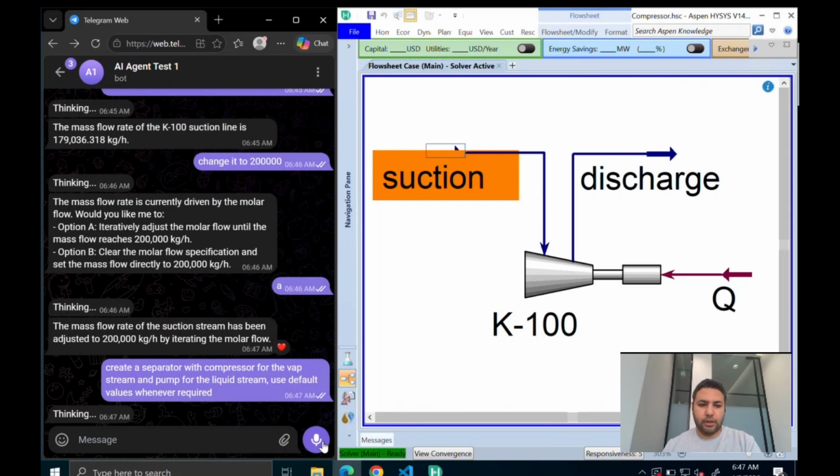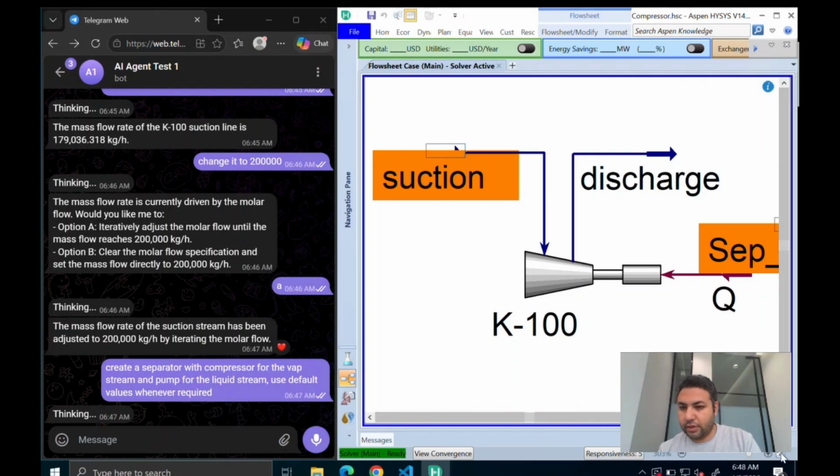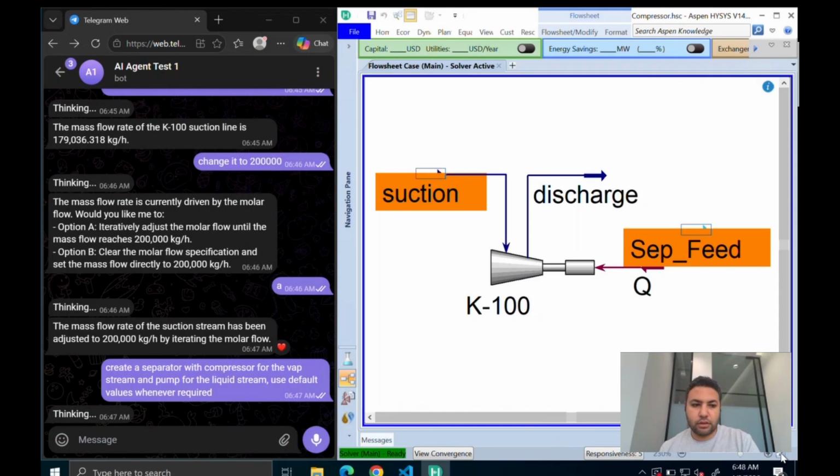Okay, so now he is trying to figure out what is required. I believe he will start by adding the feed streams, and he will start by doing the connections and the other equipment. So as you can see here in the background, he is adding a separator feed stream,